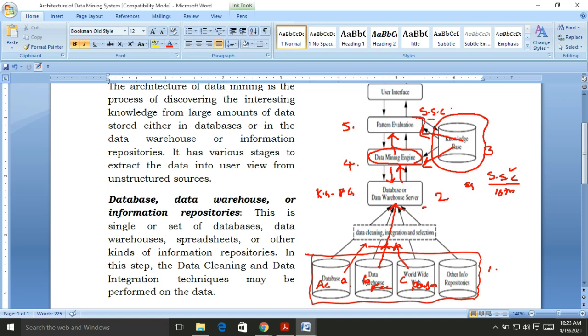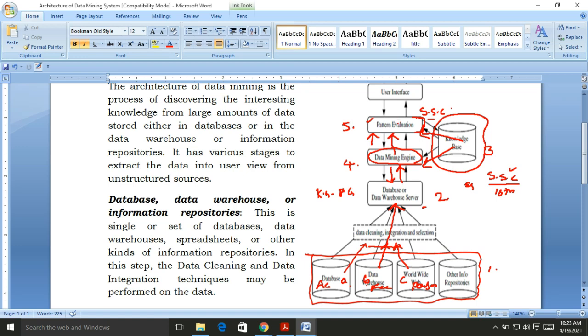That means we evaluate whether the required data and information is extracted in the required format by the data mining engine or not. We are checking whether the mining result is correct or not in pattern evaluation.